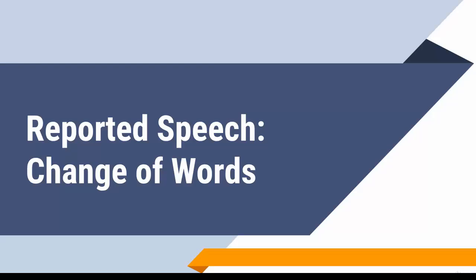Reported speech, second part. Well, so far we spoke about the change in tenses. And I told you that it's not only tenses, it's words as well. So let's check some more examples. This time we will put the emphasis on the words change. Examples: